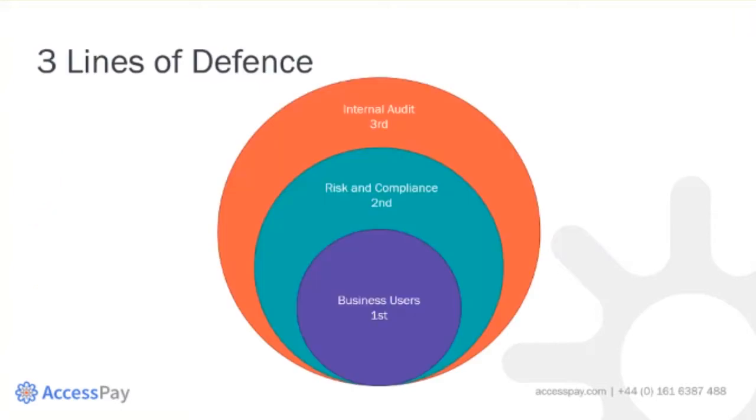So the three lines of defense is a concept where we really highlight that the people in the trenches performing these activities each day, the business users, are your first line of defense. They are the first opportunity to spot error and fraud, and you need to equip them and educate them to do that. A risk and compliance framework really is secondary to that, so it supports the education of those business users and sets that framework as to how risk is a culture in your organization.